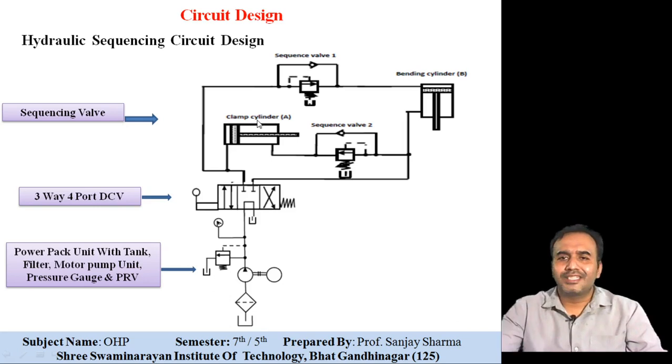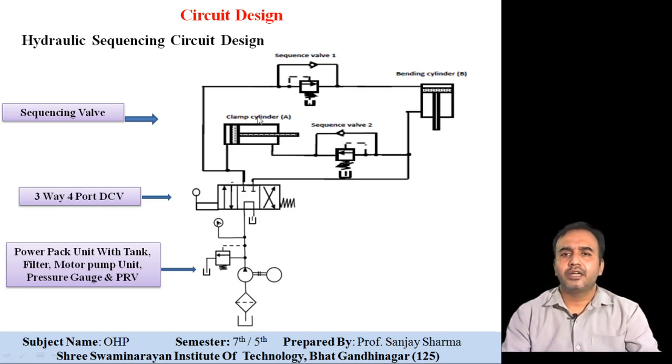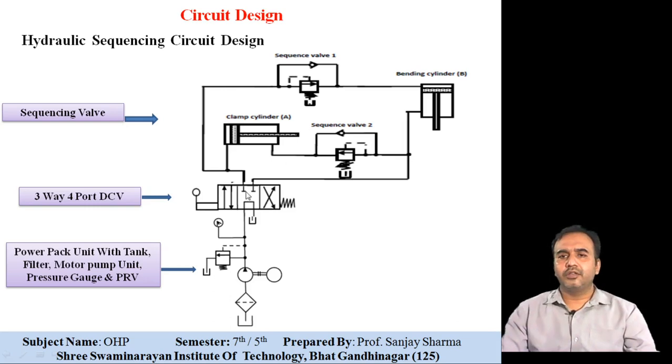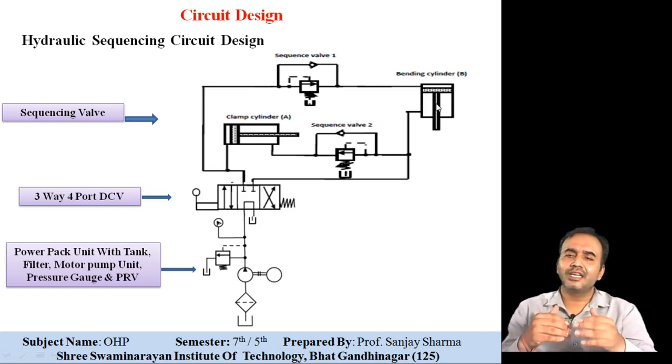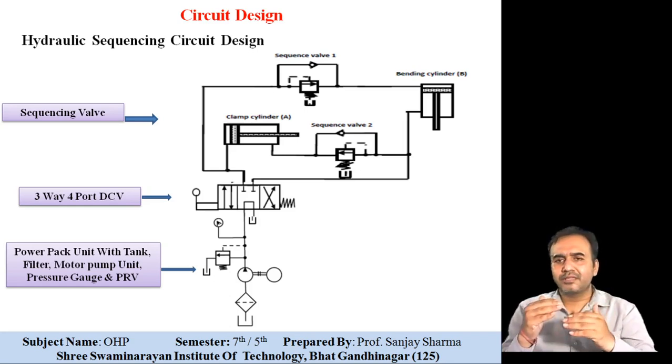So here you can see this is the position where flow 2 takes place through sequencing valve 1. When this reaches its maximum limit, after that flow 2 will enter and the bending cylinder will extend. For the reverse condition, when the reverse flow takes place, first the flow will take place to the bending cylinder. The bending cylinder will retract, and after its maximum saturation limit comes, the flow will take place to the sequence valve, and then the sequence valve will allow the flow to clamp 1 to declamp the operation.